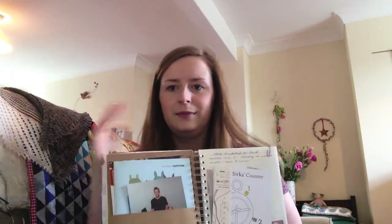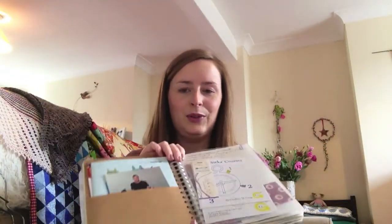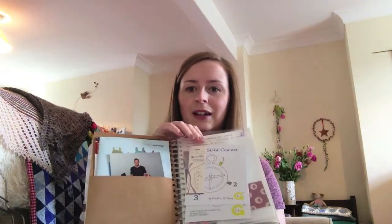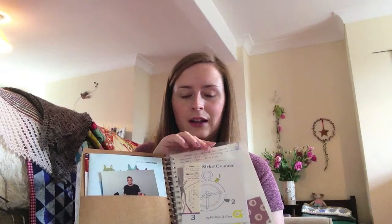and pieces. That's a picture of Kiefer Sutherland. I'm a big 24 fan, so Mum picked that postcard up for me, and for some reason it lives in my knitting journal. And then the booklet that came with my circa counter, which I absolutely love. That's a brilliant little gadget. I love gadgets. And then I can put in